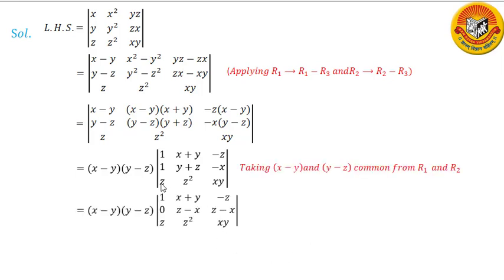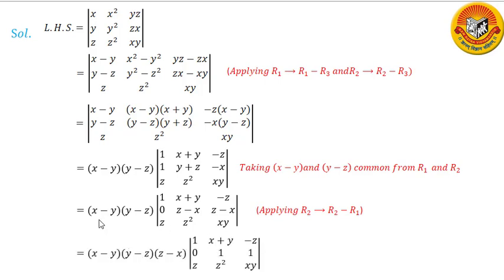So let us apply R2 as R2 minus R1 so that I get this element as 0. And one more benefit I get is that I get Z minus X as a second element when I subtract this, and here I get Z minus X. Why Z minus X? Because when I am subtracting this negative term, it will become plus, and this minus X is minus, so it is Z minus X. And in the third row, it is Z, Z square and XY. It remains as it is.